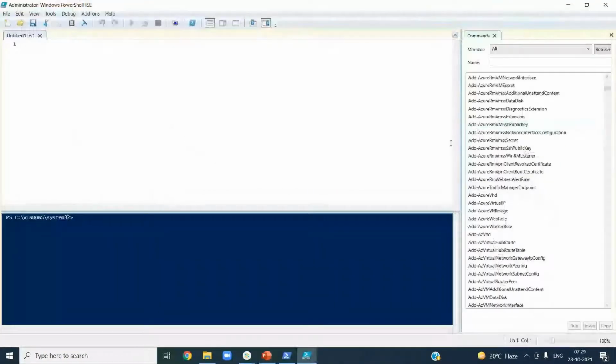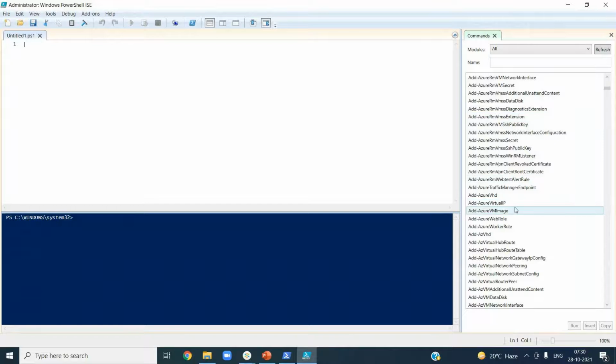Another technique: let us say you have this command, but you really don't know the syntax of this command. When you're using any Windows commands or PowerShell commands, people don't know the syntax, because in any command there will be many switches. You have the command and then you need to give some path or some item name, or there will be some flags, or you call them switches. You give a hyphen, what to do, etc. People don't know that. That's where people struggle. But it becomes very easy using Windows PowerShell.